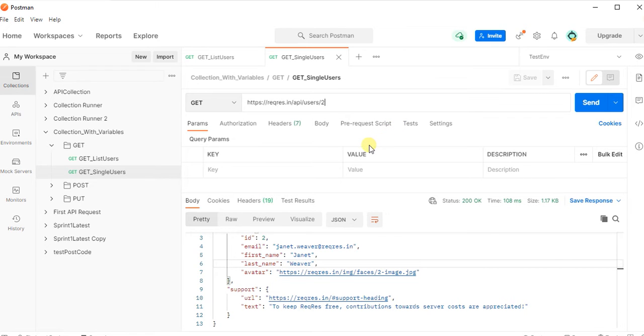I can use a variable at collection level, environment level, or in a request.